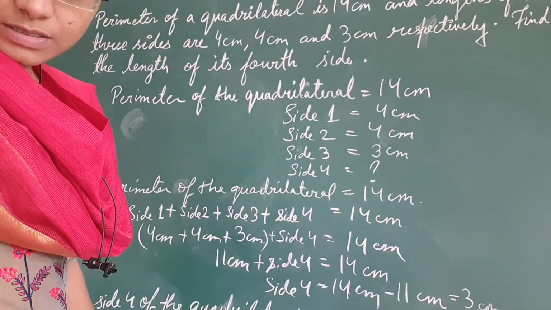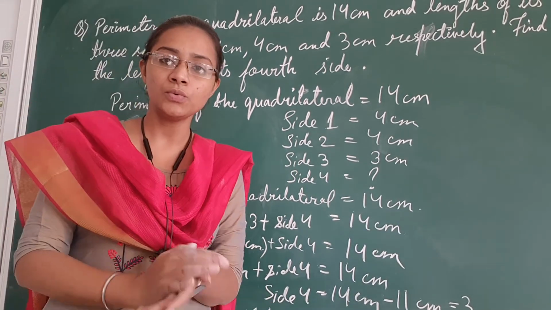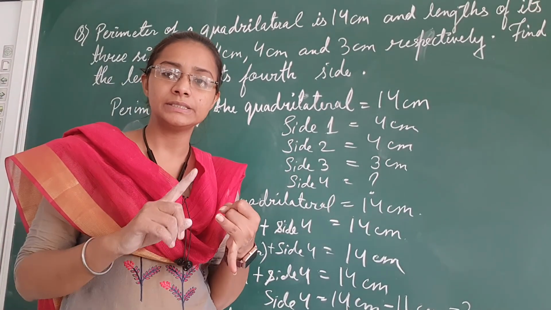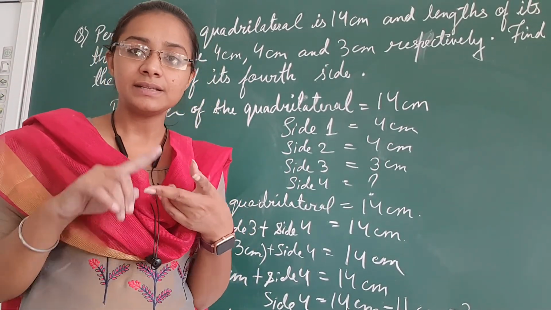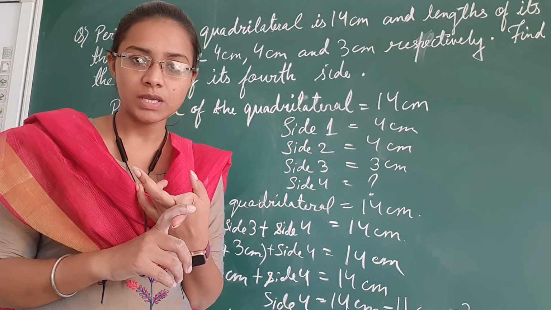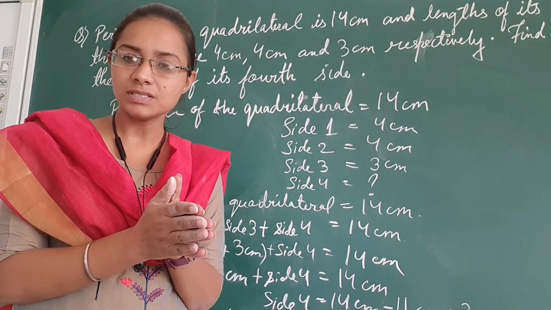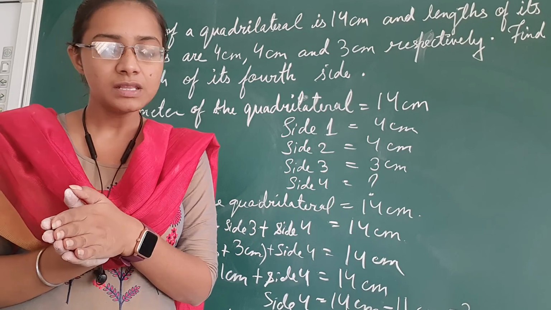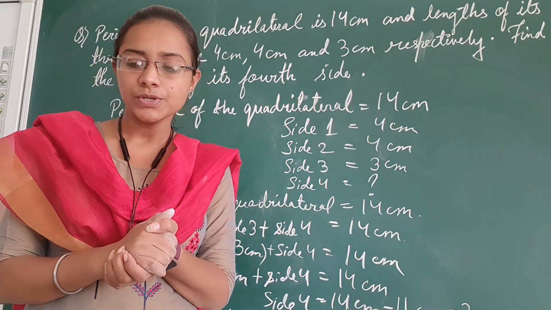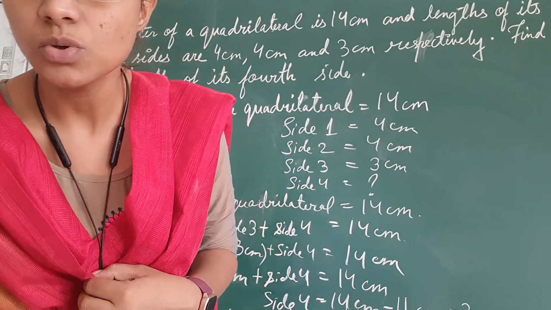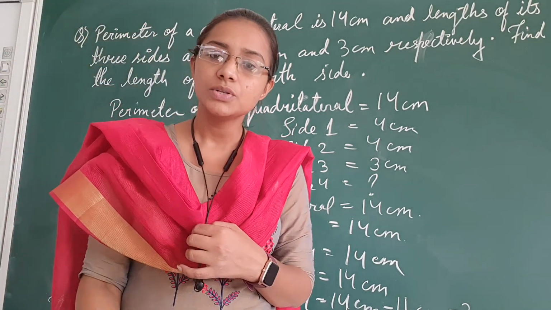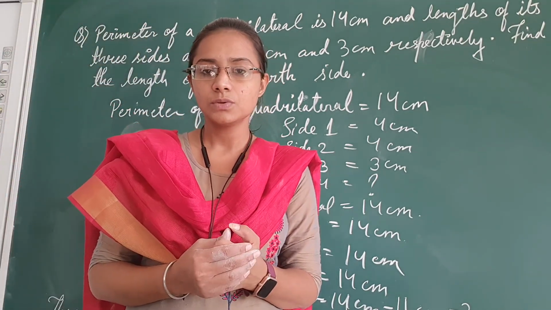So we have discussed how to find out the perimeter of a triangle, square, rectangle and quadrilateral. Okay, so if the perimeter is given and one side is missing, then also you know how to find it. So try to solve the questions given in 12A. Okay, so all the best to you all.